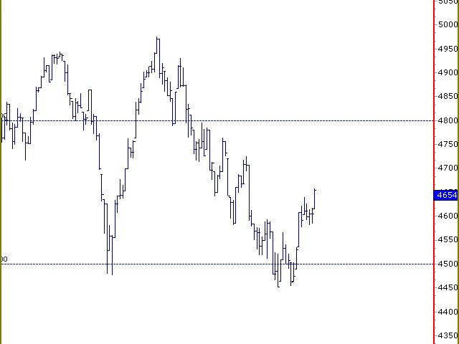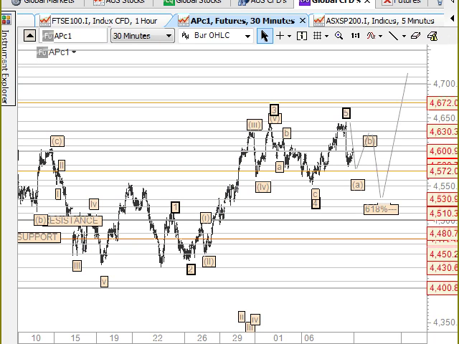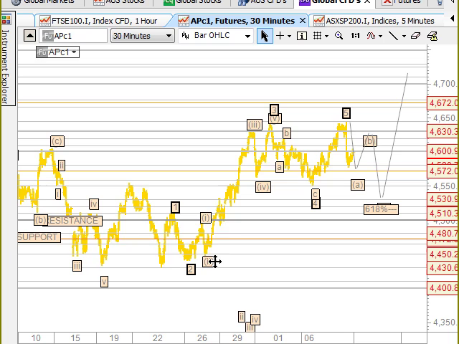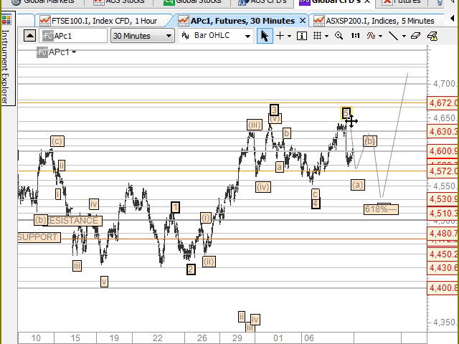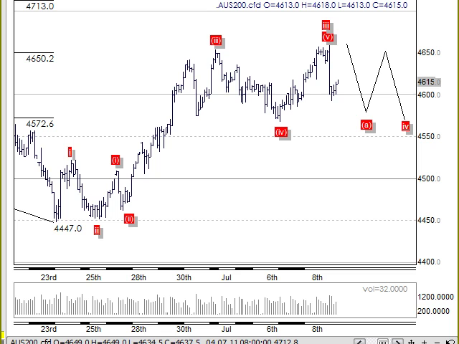And just breaking this down a bit further into intraday here. I know it's a bit messy, but essentially we're looking for up for 1, back for 2 here, 5 waves through here for the 3rd wave, and then we've got the 4th back to here and the 5th up to here. So we're looking at an ABC here. It might be a bit clearer on this one. Right, so we've got this 5-wave structure up here, the 4th wave, the 5th wave that we're looking at.